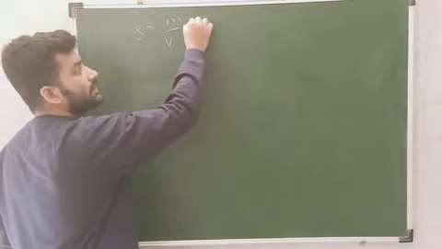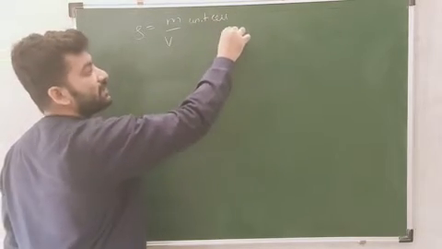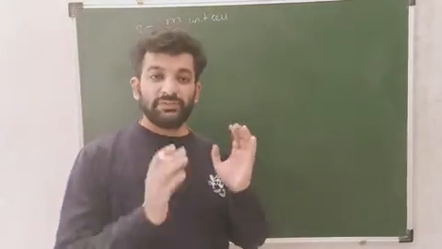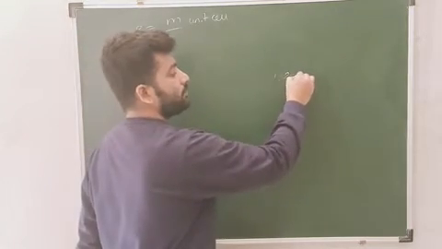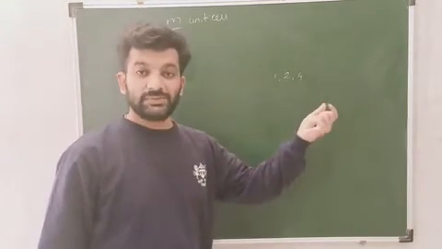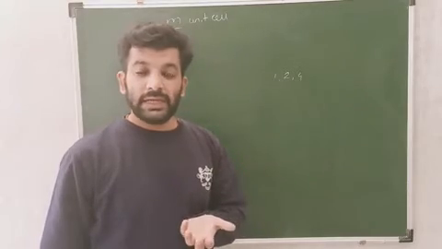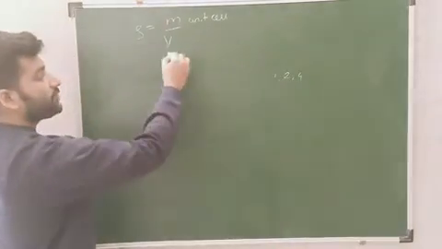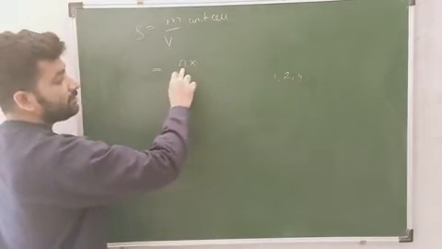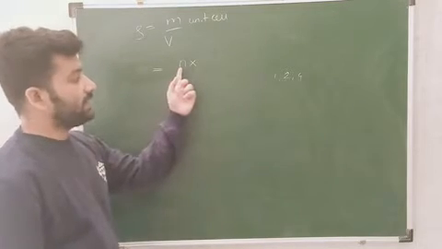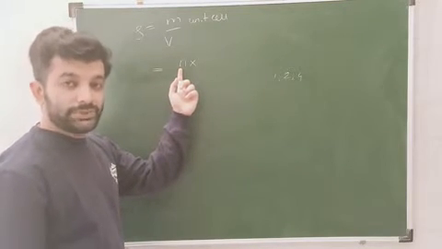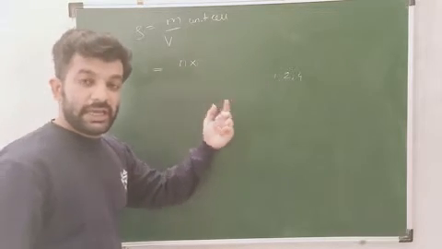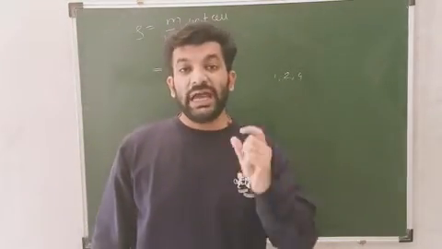Now the mass of the unit cell is dependent on two factors. One is the number of atoms present in that cube. If I have a cube containing 1 atom, 2 atoms and 4 atoms, the cube having 4 atoms will be heavier in weight, and the cube having 1 atom will be lighter. So the mass of unit cell depends first on the number of atoms present in that cube, which is represented by N. Next is the weight of that atom.